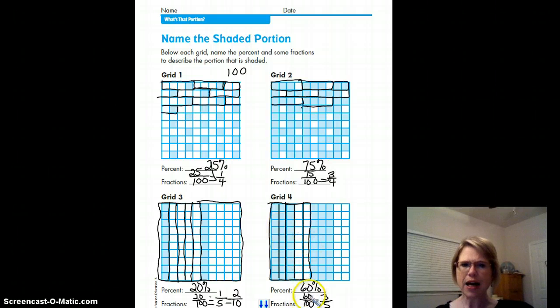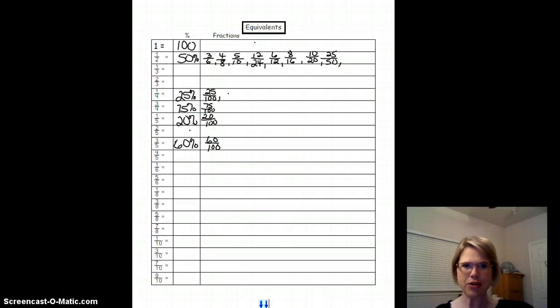And the last one, I saw 60 out of 100. I saw 6 columns, and then this could also be 6 out of 10, and it's 60%. So I'm going to run out of time here, so I need to make sure I add 60. This was also 6 out of 10 and